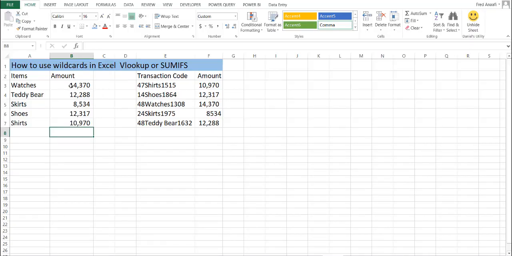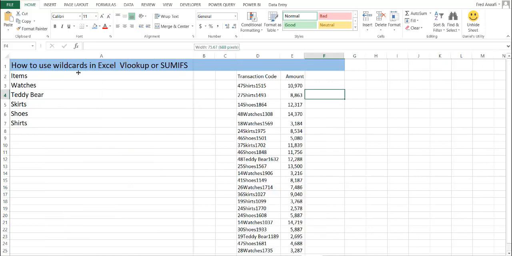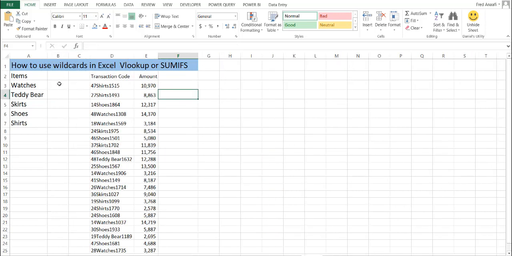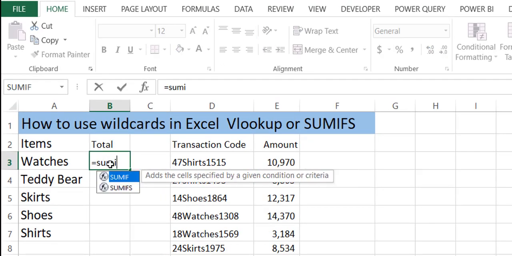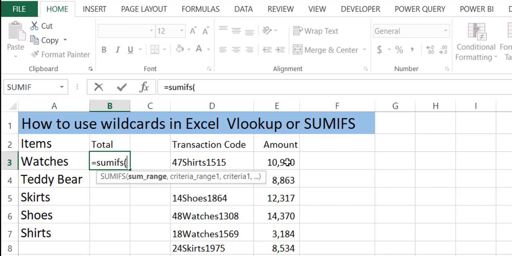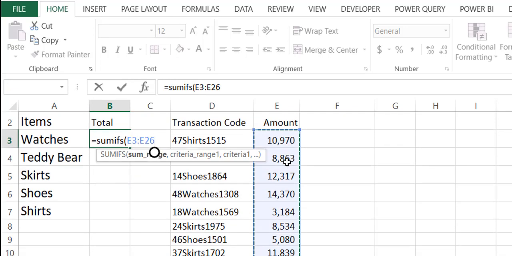In the same way, if you want to find the sum of transactions for all these items, so we have a transaction code, this has occurred, and we want to use the SUMIF to find the sum or the total sales amount for each of the items, which is teddy bears, skirts, shoes and shirts. We use the SUMIF function, equal to SUMIFs. We open our parentheses, the sum range, we select the range, we block it with F4, comma, then we select